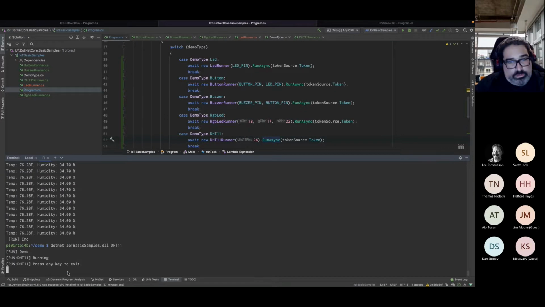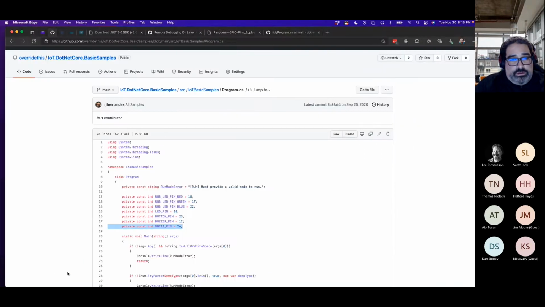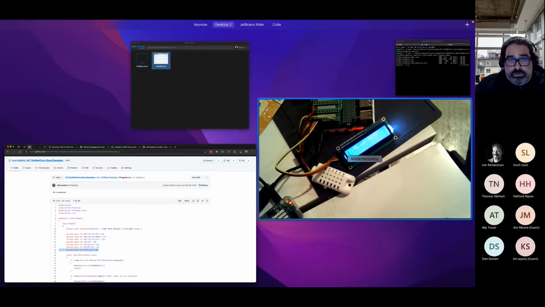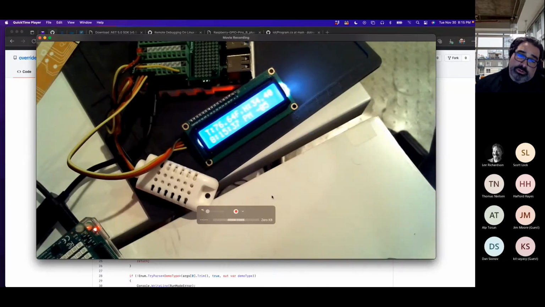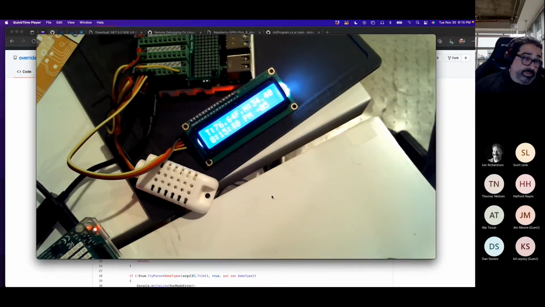and probably best if I go here. And wow, I thought that was going to be backwards. Probably backwards for you guys. And that I can control. But as you can see, we have the temperature, we have the humidity, and we have the time update. It is very bright.